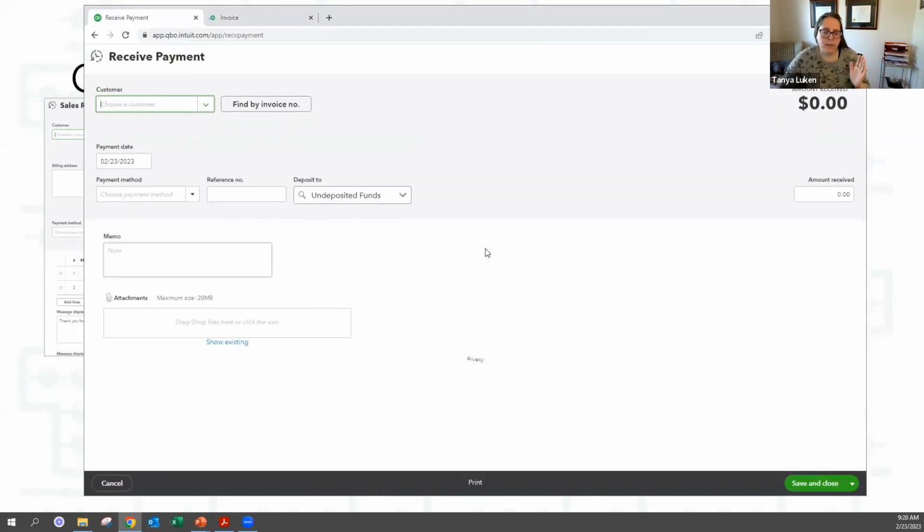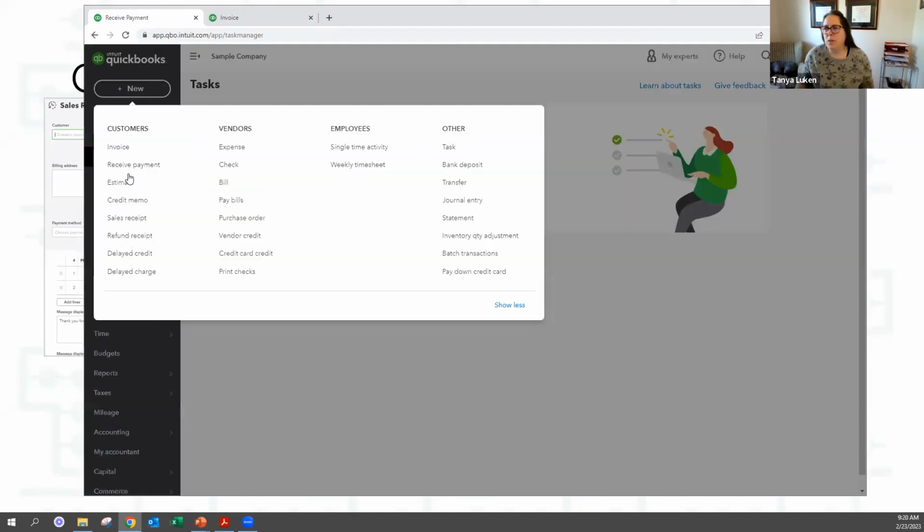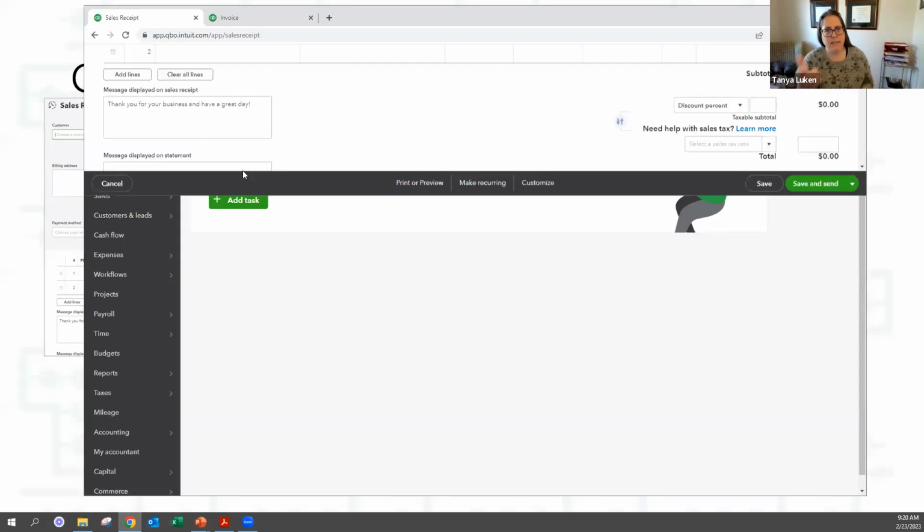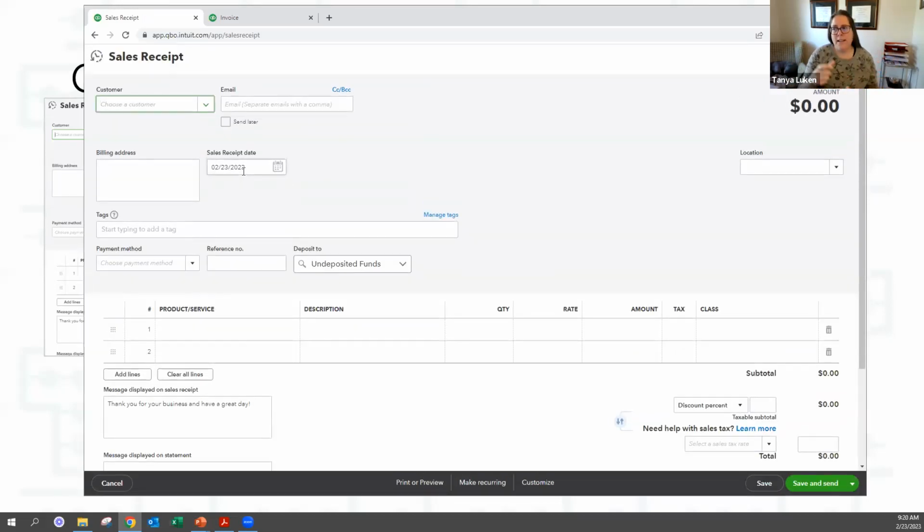Think about this, like you walk into the grocery store and you buy something and they hand you a receipt. That's a sales receipt. So when you're looking at a sales receipt versus an invoice, the difference is that with one of them, you have the cash right now. You already have the money from your customer or your client, and you need to record that I sold this thing or someone gave me this money for this reason, and I need to make a bank deposit.